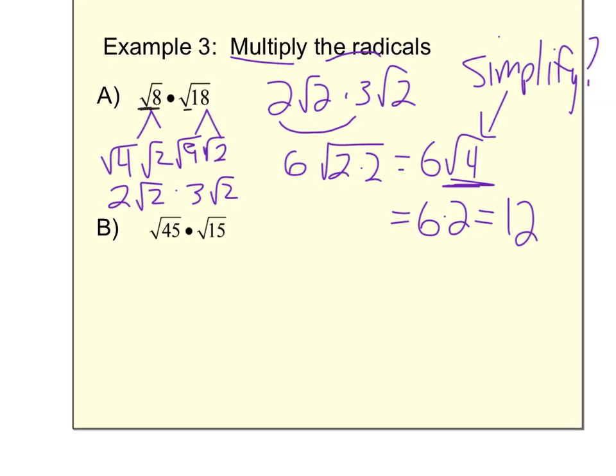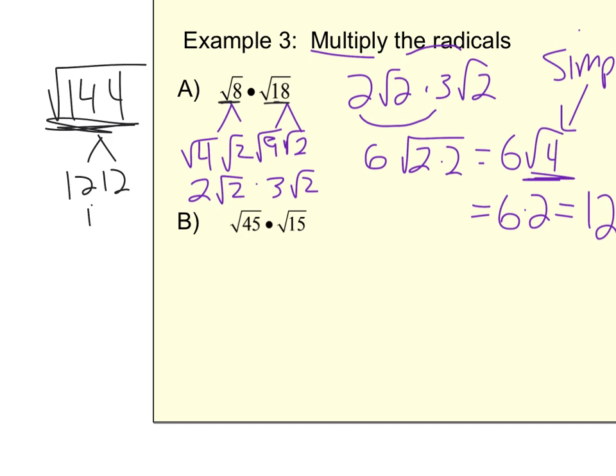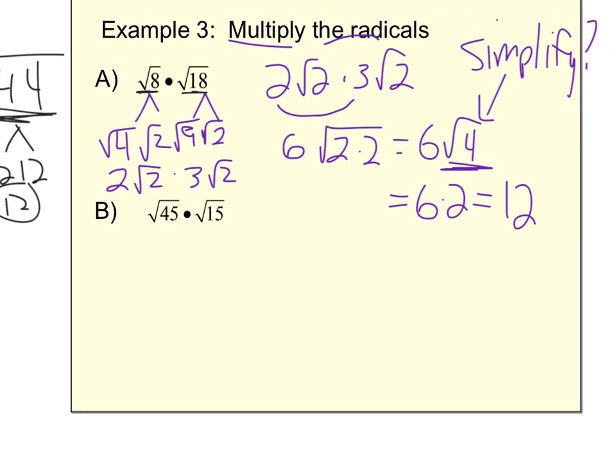You know, if you take 18 times 8, you might recognize that if I put that all together, 18 times 8 is going to be 144. You might recognize that as, you know what, that's 12 times 12, so my answer is just going to be 12. If you're good enough to remember that, awesome. Not everybody does. I try to take it one piece at a time and see what I can put together and keep simplifying. So here,